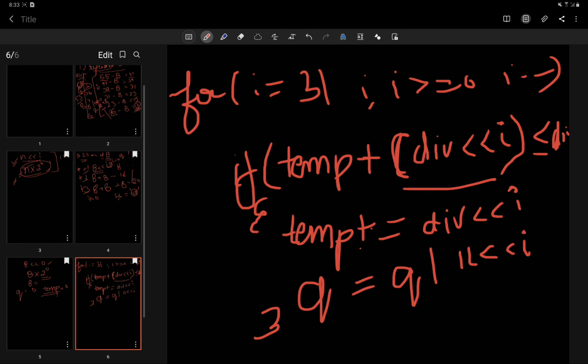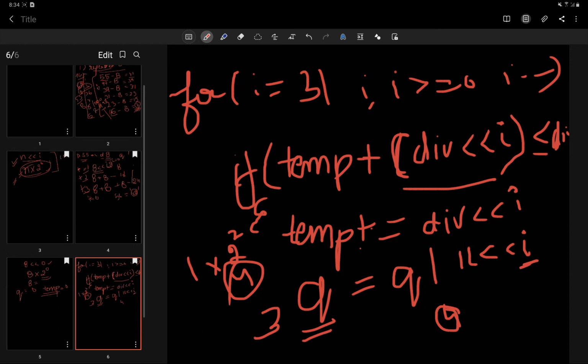All right, why I've done this is to get the value of i. So 1 into 2 to the power i gives our quotient, how many times the divisor has been multiplied. So 2 to the power 2 is 4, so we will get 4.